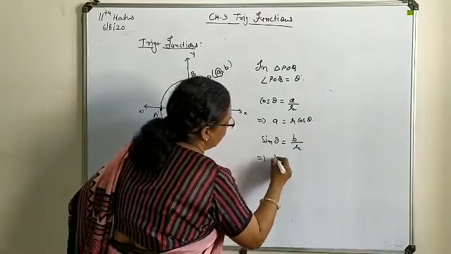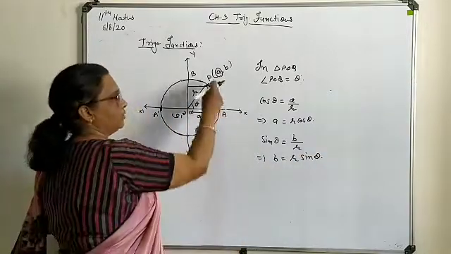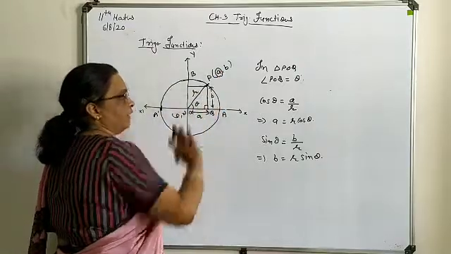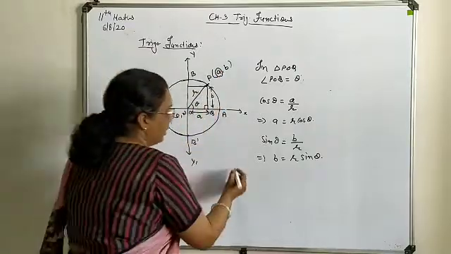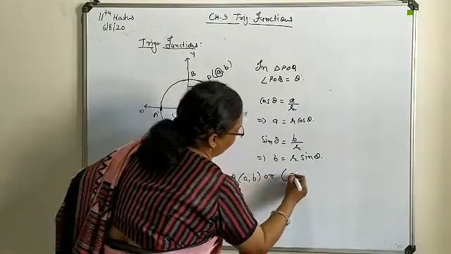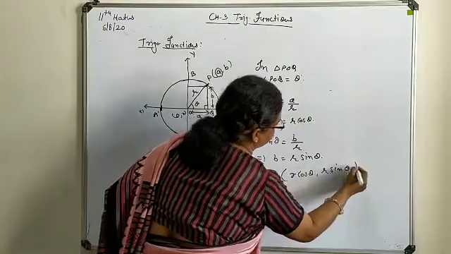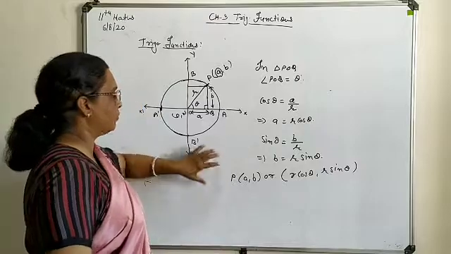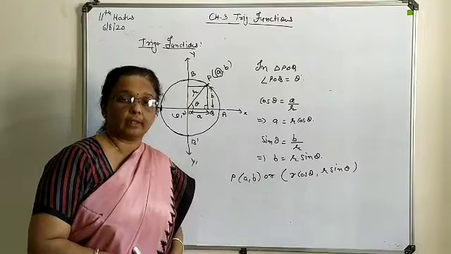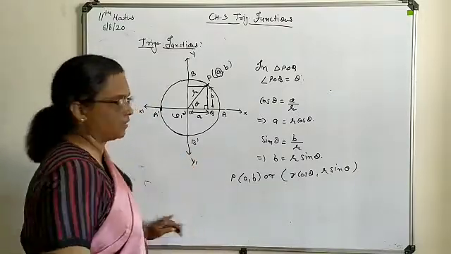So from here, B will be your R sin of theta. So in general, if you are going to describe the coordinates of a point P on a circumference, any point you describe will be A, B, or R cos of theta. This is a very important thing. Many times it will be used. It is actually derived to find the general solution regarding sin and cos. Afterwards it will be clear how it turns into a general solution. So this is all about the basic concept.